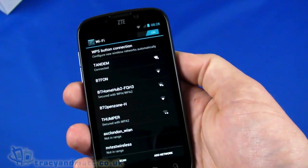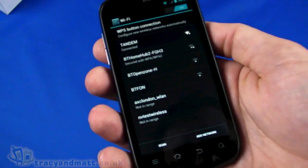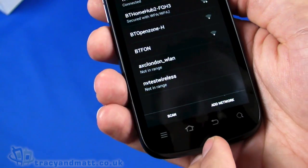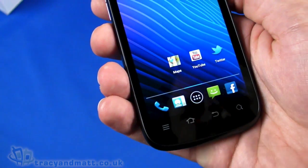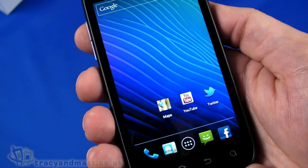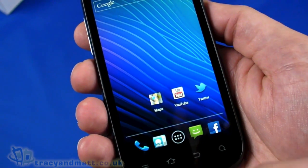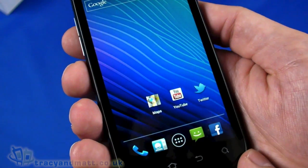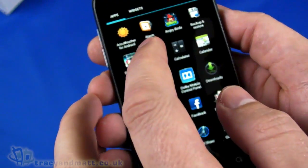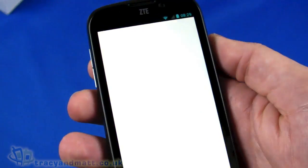Okay, we're just connecting and getting an IP address. There we go, connected. That was very quick at connecting actually, so that's quite good. One thing I will comment on while I've been using the keyboard to enter that passphrase there is the touchscreen isn't quite as sensitive as I would like. You do seem to have to put a reasonable amount of pressure on the screen in order to make it work. Obviously it is capacitive, but it's not a feather-light touch that you have on some other devices. But that's me being perhaps a little overcritical, but nevertheless you do have to put a little pressure on there to make it work. So let's go into the browser